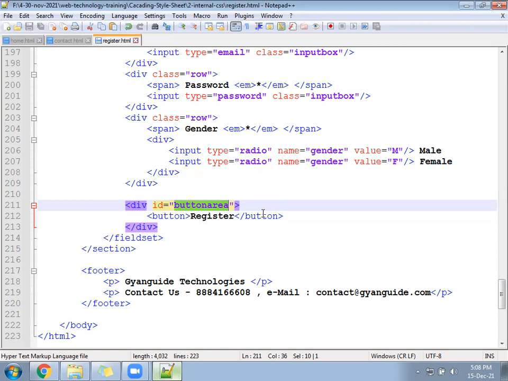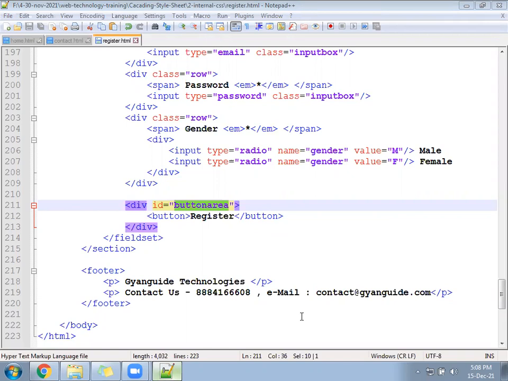Button area. Button area background you wrote green, then text align center, color is white.